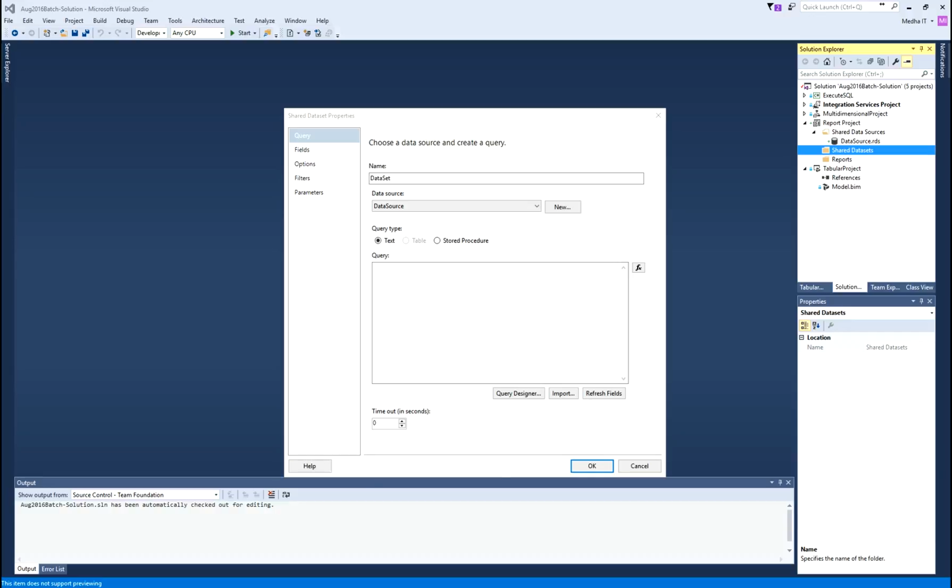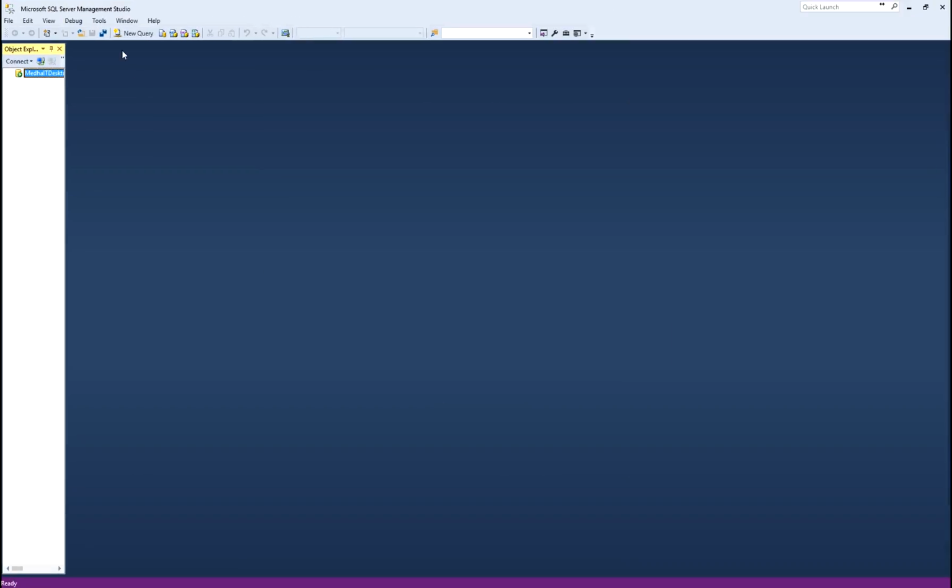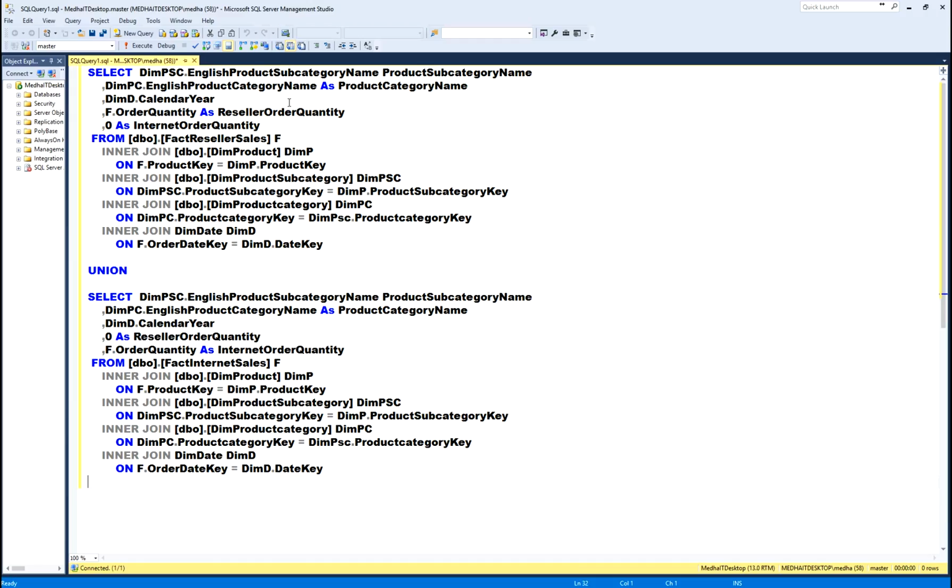So, I will open the Management Studio. I already prepared one query that I want to use for this example. So, my query here is this one.